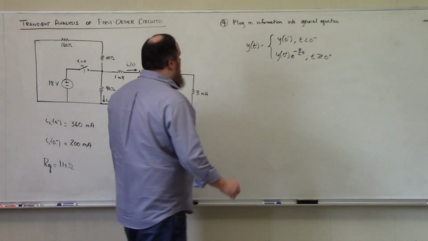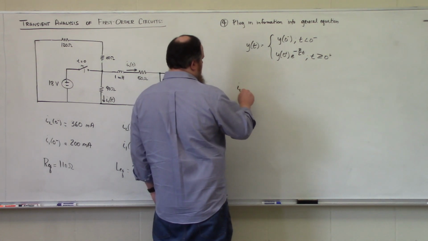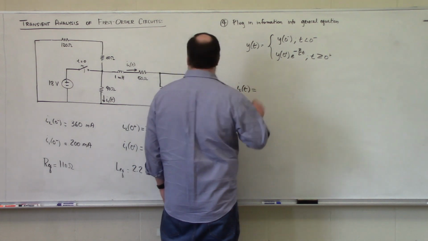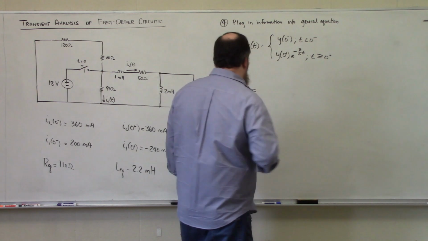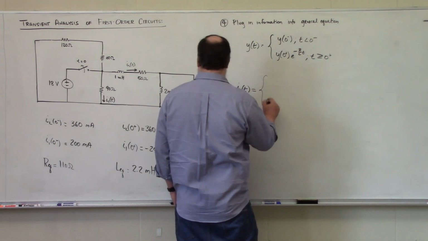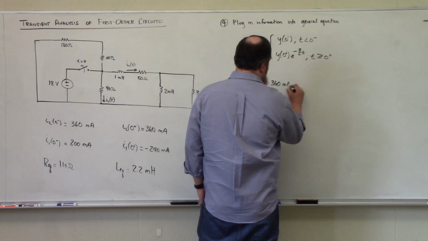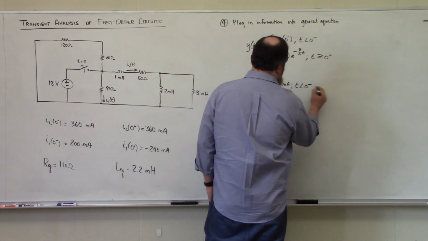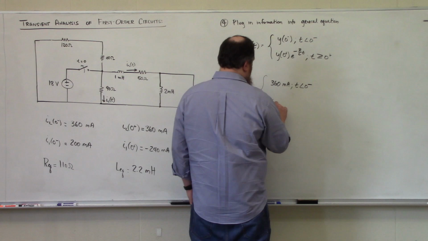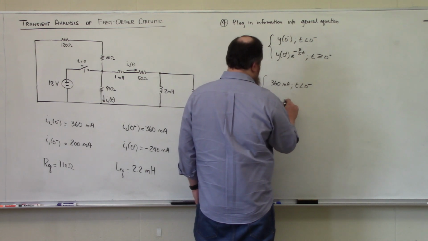So from this, our inductor current, IL of t, is going to be 360 milliamps for t less than 0 minus, and 360 e to the minus